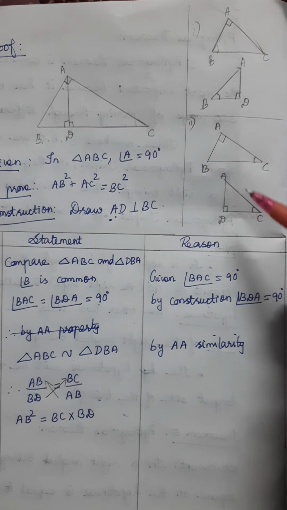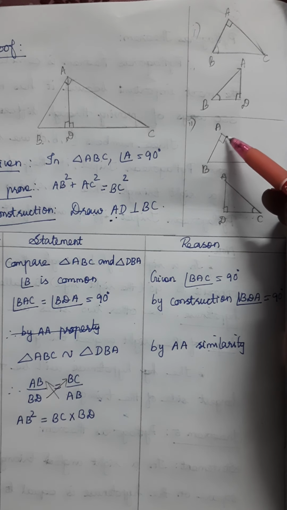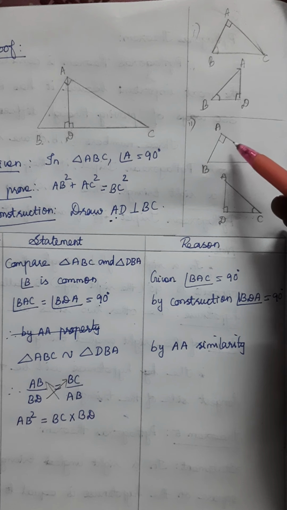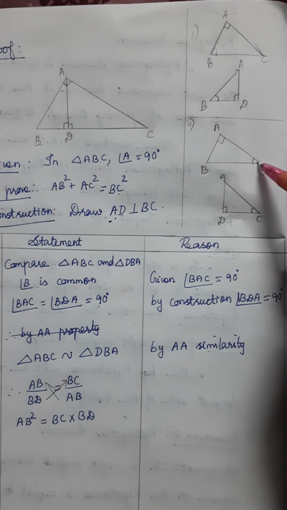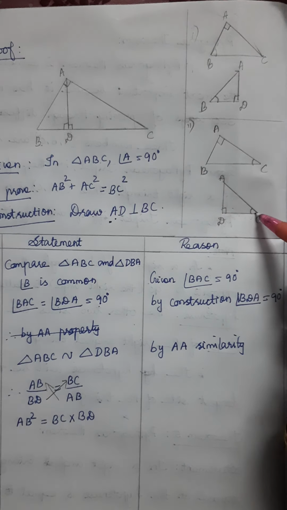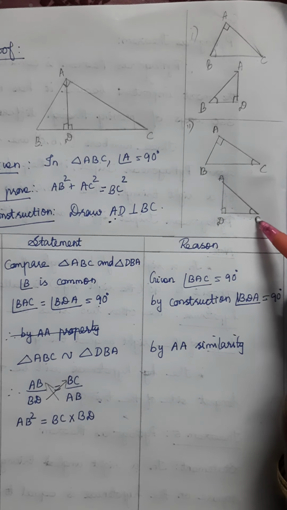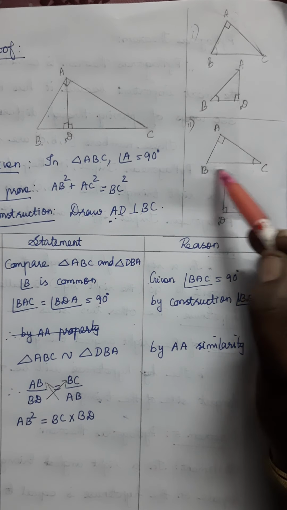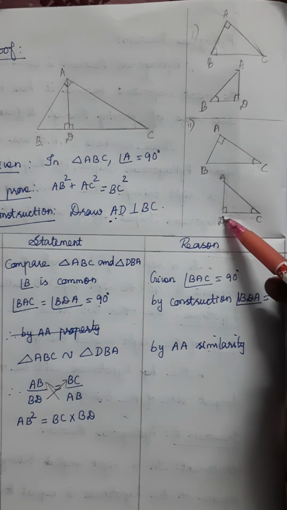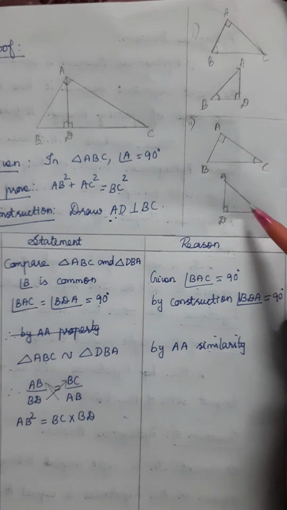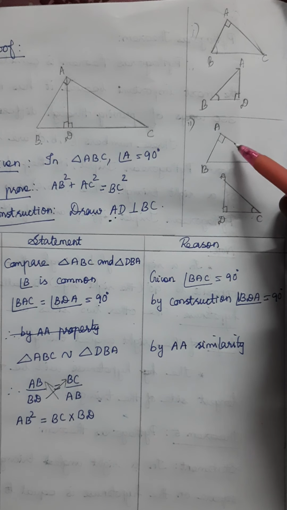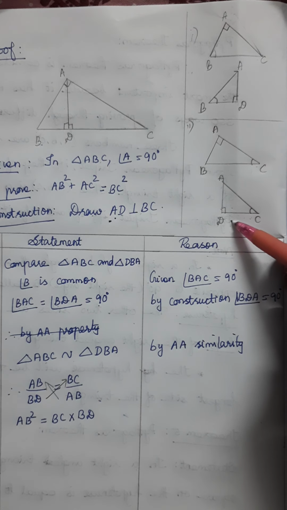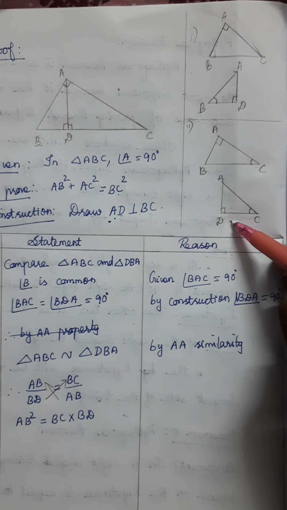After writing the similarity, we can say the ratios of the corresponding sides are equal. So we take the same order: 90 degree, common angle, 90 degree, common angle. So AC divided by DC is equal to the hypotenuse BC divided by, here D is 90 degrees, so AC is the hypotenuse, BC divided by AC. Understood? Likewise we can write for the second set also. Then we can compare and add the first two and find the answer. Are all clear?